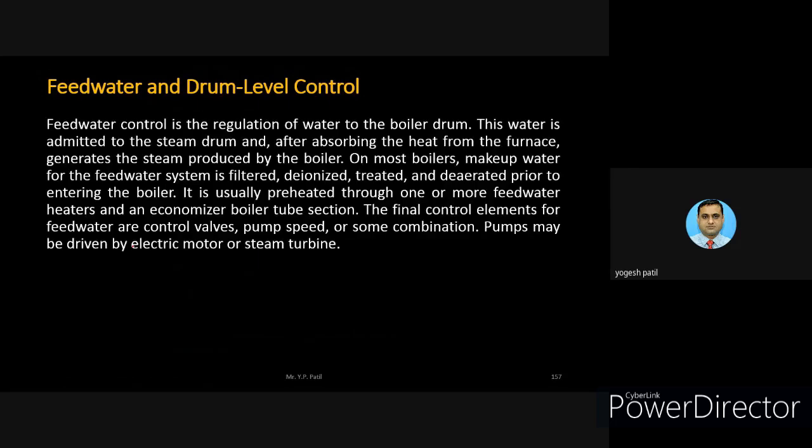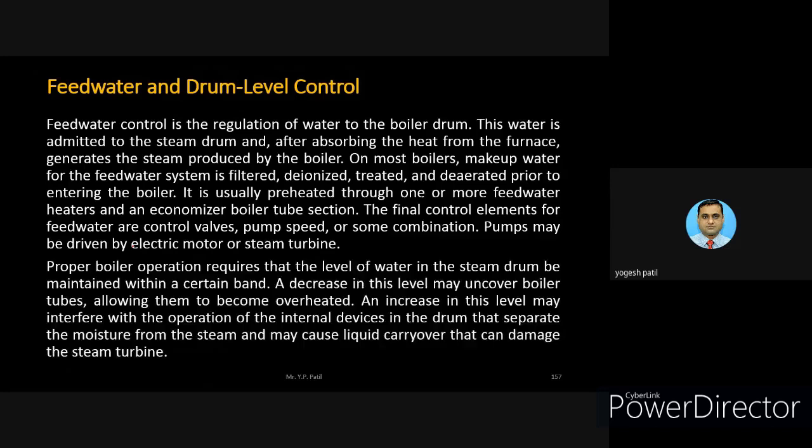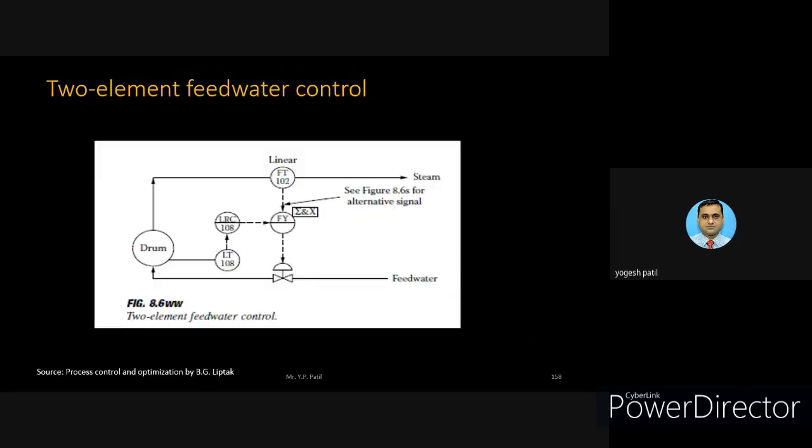So what is this feed water and drum level control arrangement? What can we get from this? We will now move directly to the control part. Let us start with the 2 element feed water control. Here we are now well familiar with this drum, and we need to maintain the level of the drum. By measuring the level with the level transmitter, the signal goes to the level regulator and controller, and it gives a signal to the device that sums these 2 things. One more thing, a cascade arrangement is connected over here.